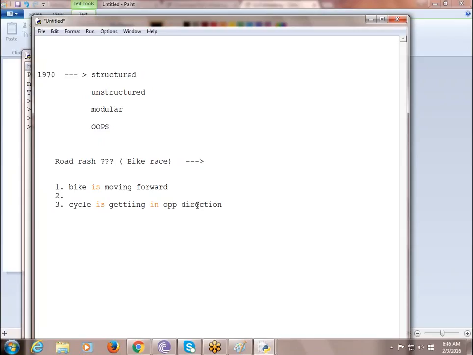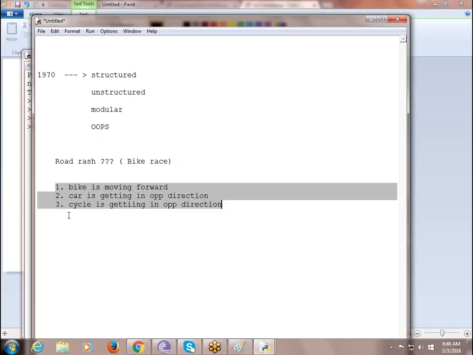Because see here, if I remove something here, that will impact the existing application, right? Yes, it will, because here I was writing step by step, and everything is linked with the previous one. There is no concept called function here. Whatever I do, I do in a step by step approach.